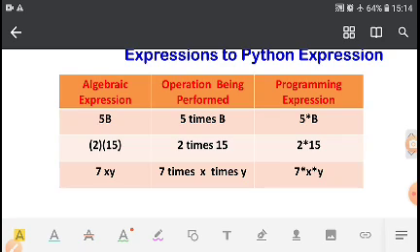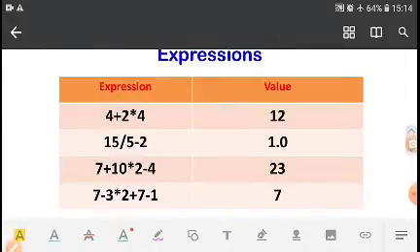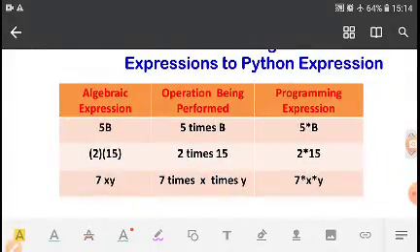You can see this in the first example. You can try to solve the second and third examples. In the third example, 7xy in mathematical expression, but in Python we have to write 7 into x into y.